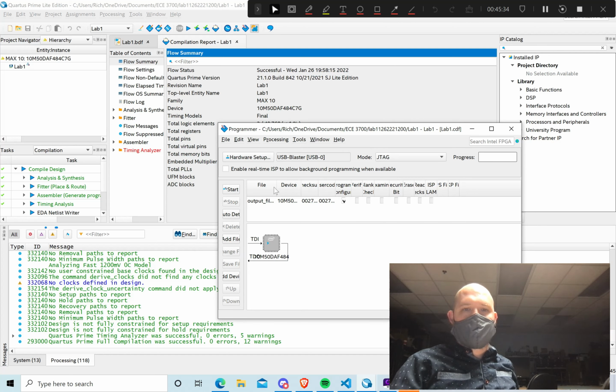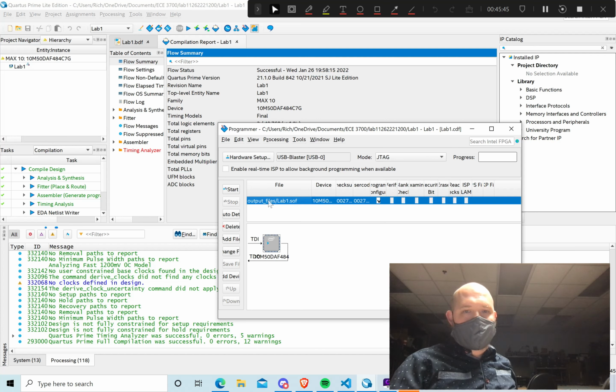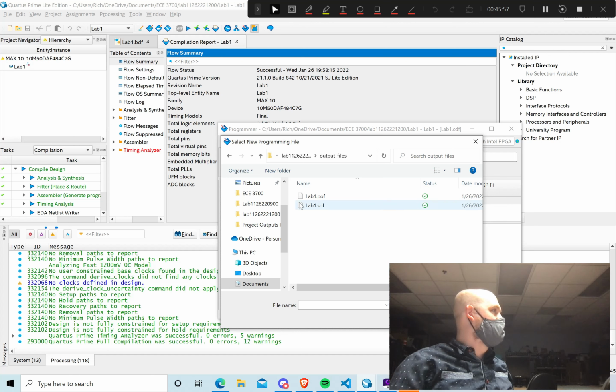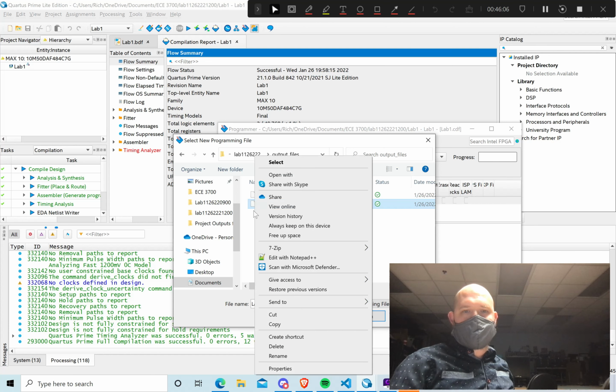Another problem that some people were having was that after compiling, the board wouldn't flash correctly. It kept saying failed. If that happens, you have this SOF file here. Double click there, go to output files, and delete the SOF file. And if you have multiple ones, delete all of the SOF files. So we would just right click on that and choose delete,